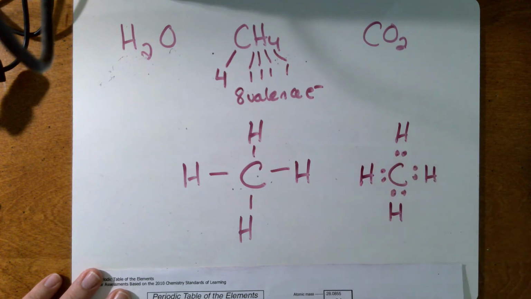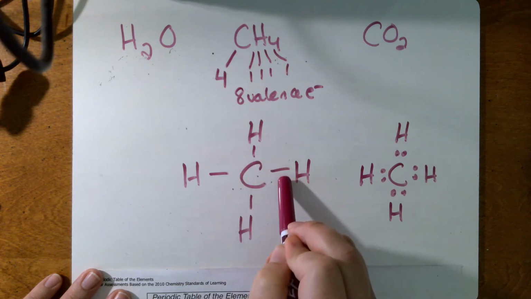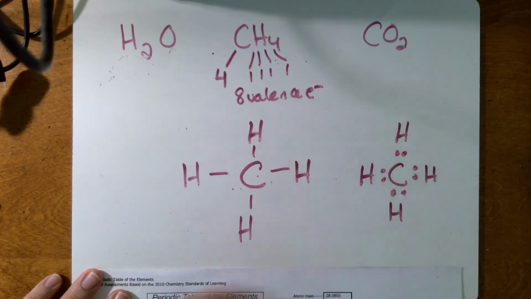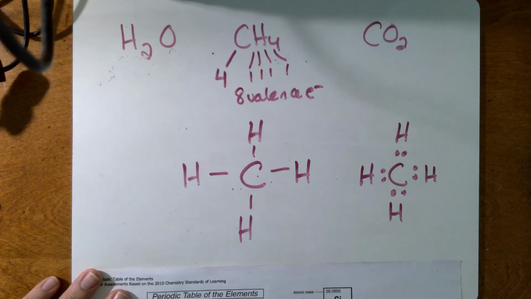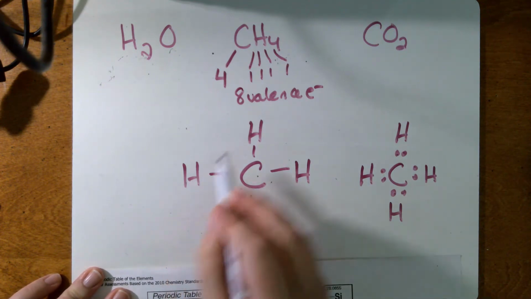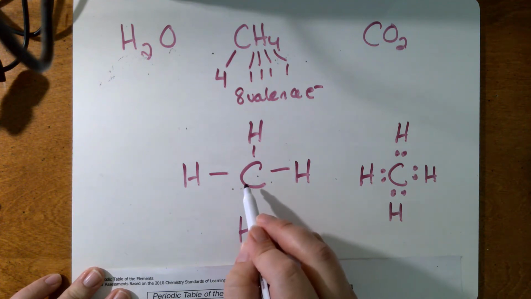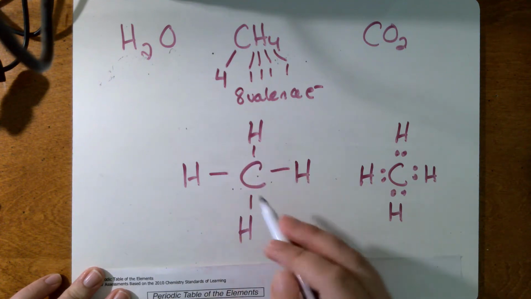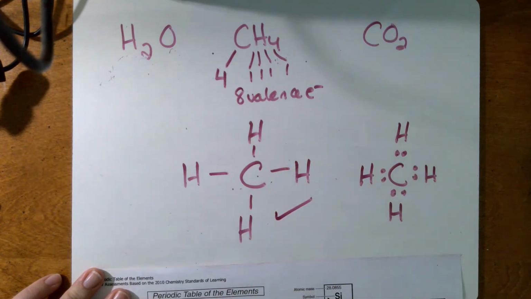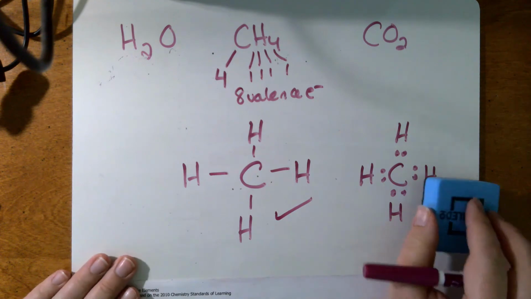All right, now let's see how many electrons I've used. I've used 2, 4, 6, 8 electrons, and that's how many I had. So my structure's probably done, but let's double check. All right, each hydrogen needs to have access to 2 electrons, and they all do. And carbon needs to have access to 8. 2, 4, 6, 8. So this structure is correct. I'm going to show you one more structure that is going to be a little bit different than the first